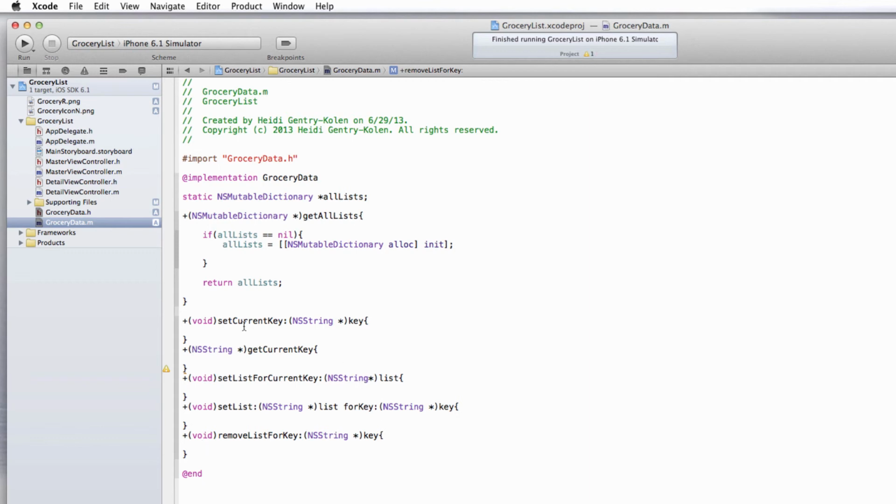Alright, so now we have our implementation file set up to match with our .h file. In the next video, what we'll do is go through and add our code that will allow us to work with our data we're setting up in our data dictionary.